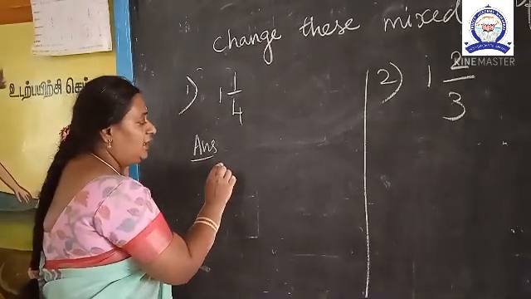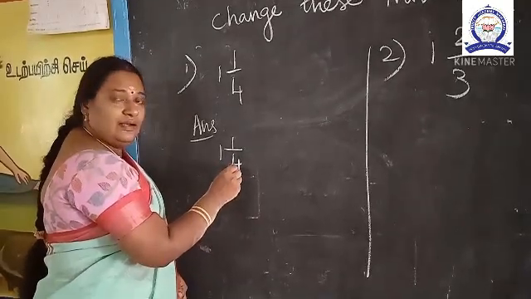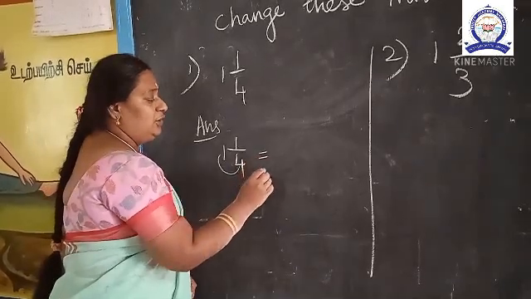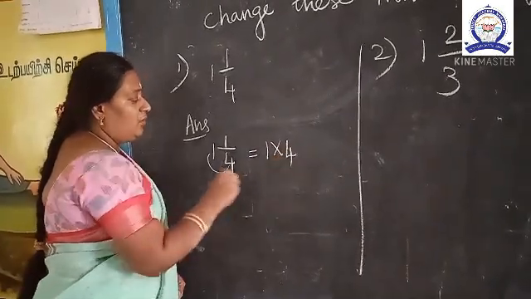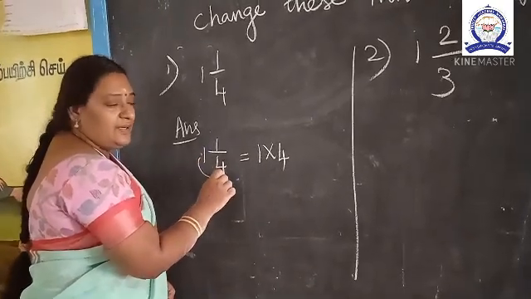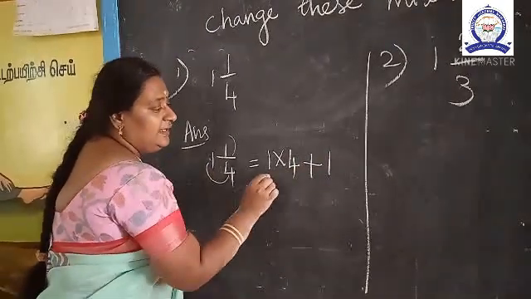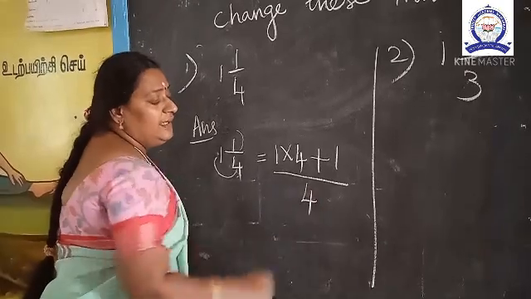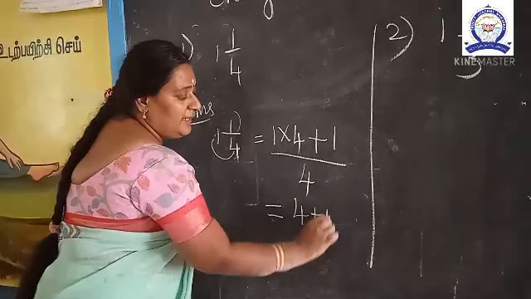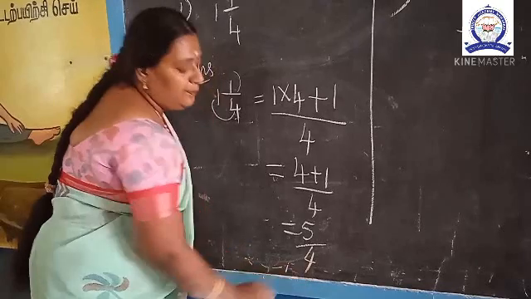So என்ன பண்ணனும் அப்படினா you write the given mixed fraction. Okay. Now கீழ denominator நம்பரையும் சைடுல இருக்கிற அந்த whole நம்பரையும் மல்டிப்ளை பண்றேன். So 4 ones, that is equal to 1 into 4. Plus numeratorல என்ன நம்பர் இருக்கோ அதை ஆட் பண்ணிக்கிறேன், divided by denominatorல என்ன நம்பர் இருக்கோ அதே தான் வரும், 4. So 4 ones are 4 plus 1 divided by 4. That is equal to 5 by 4, an improper fraction.